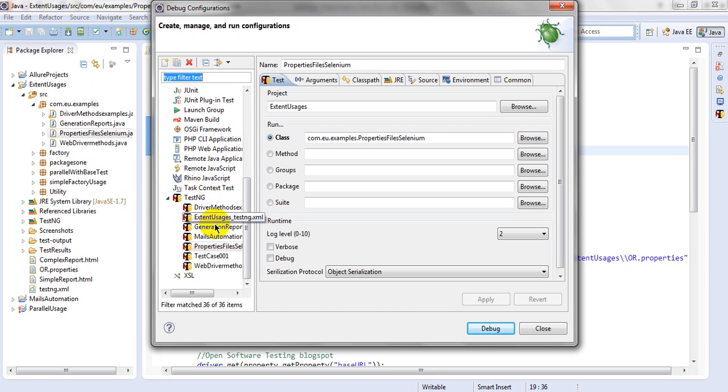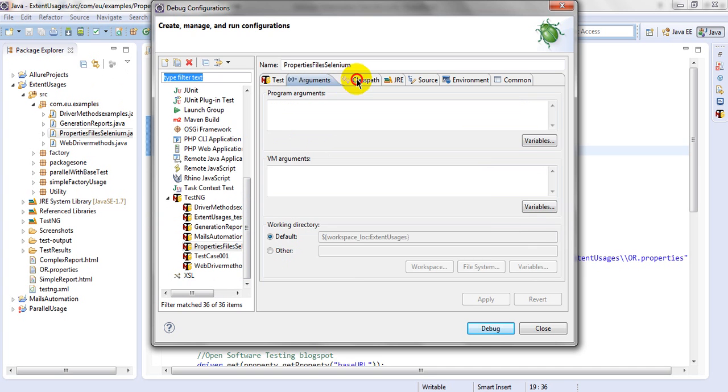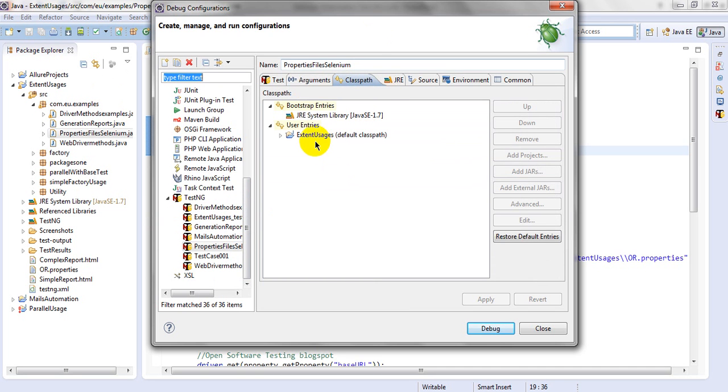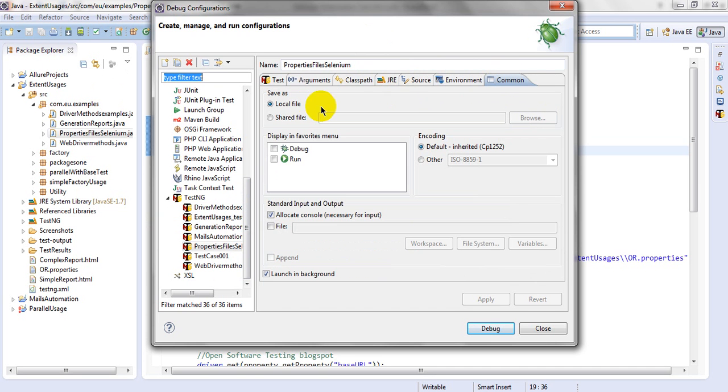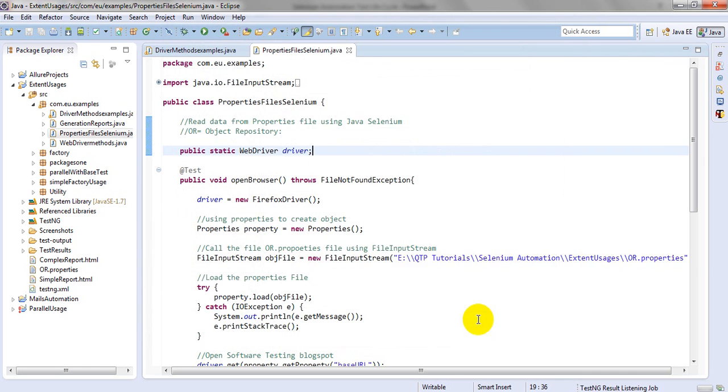Under TestNG, it has different arguments. Classes, classpath is showing, source, environment, common. So this is a common thing. Display favorite menu, debug and run. Default is inherited, apply and debug.